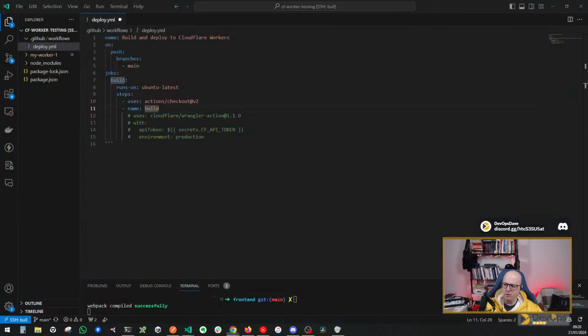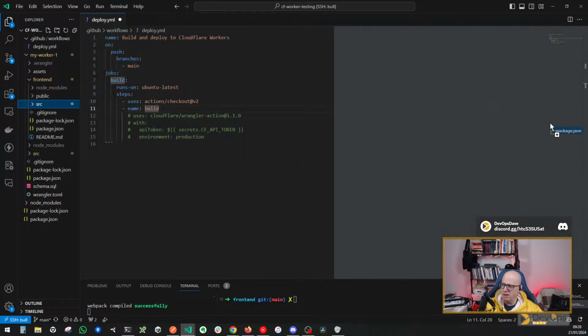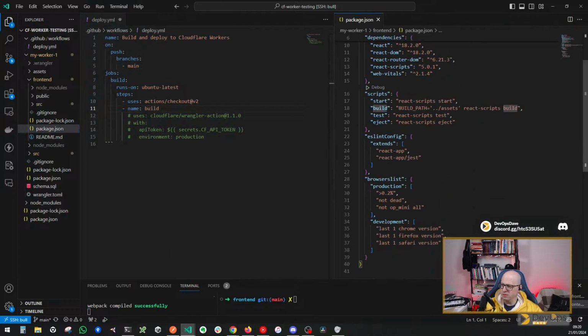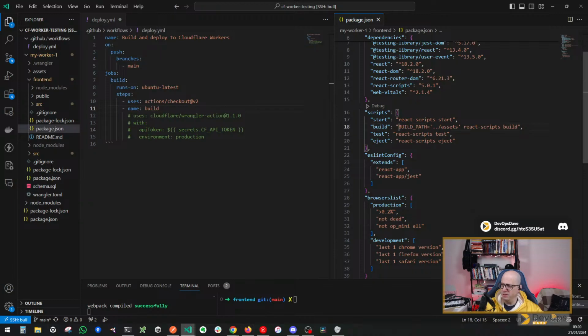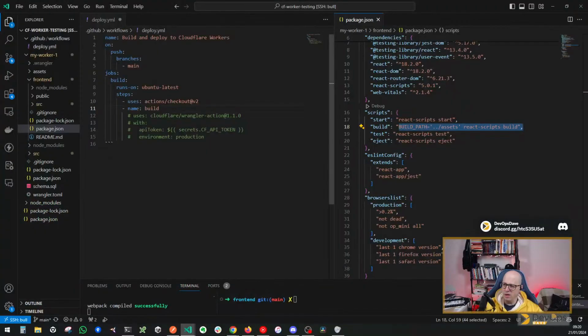Because we need to go into a specific, or actually what we need to do is be in front end and execute the build script, or even just the build action, React scripts build. So what we actually want to understand is if we need to install